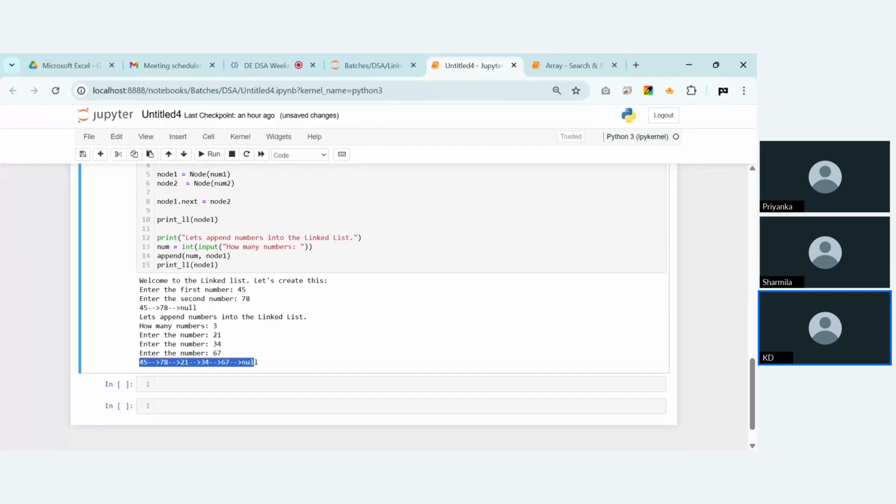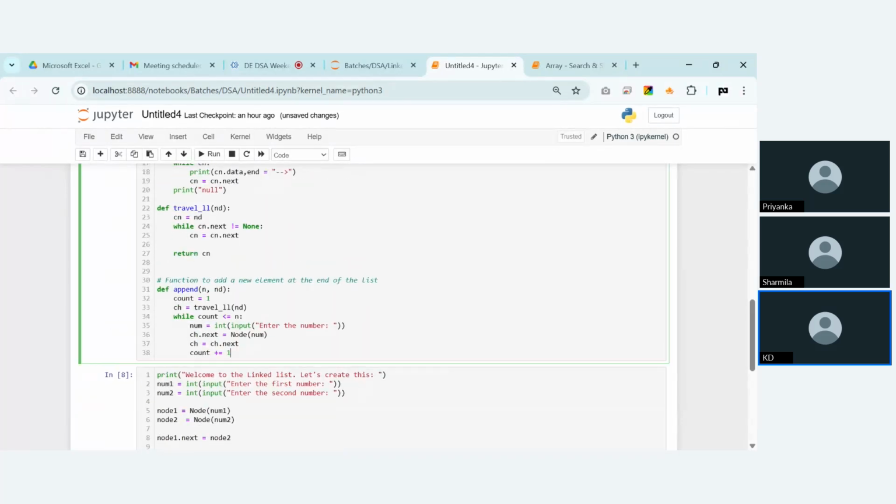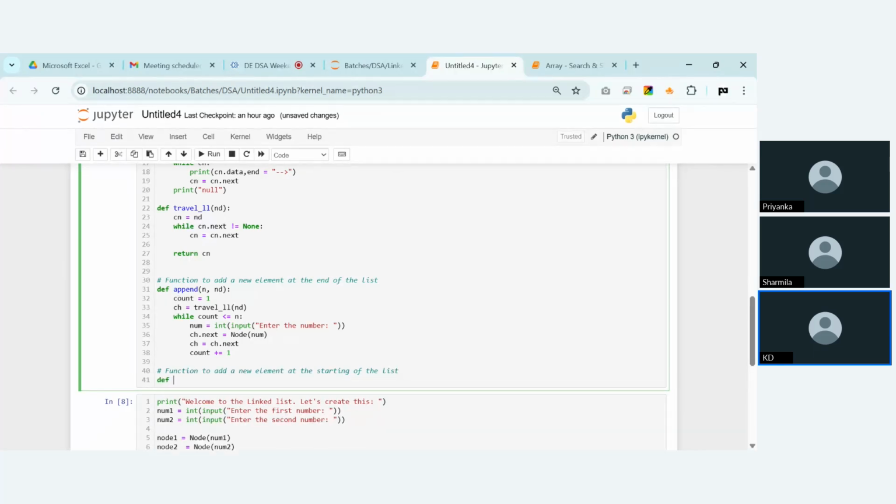Now what I want is to insert a new number at the beginning, at the starting of this list. So how can we do it at the starting? We'll make a function to insert a number at the starting. So, a function to add a new element at the starting of the list. Okay, def